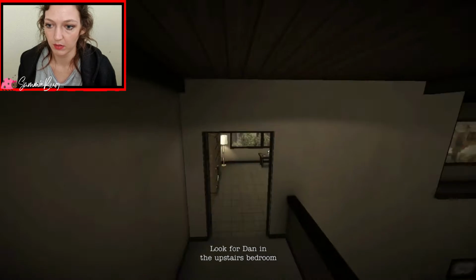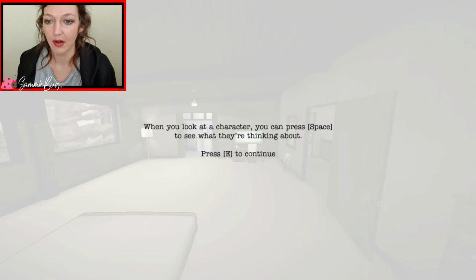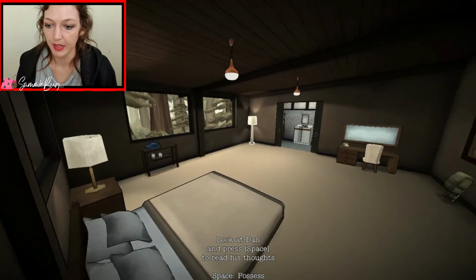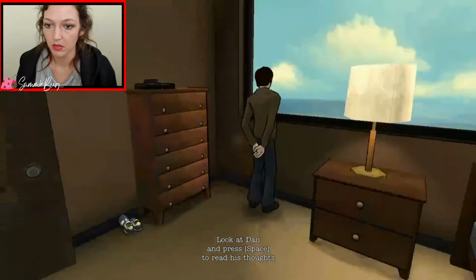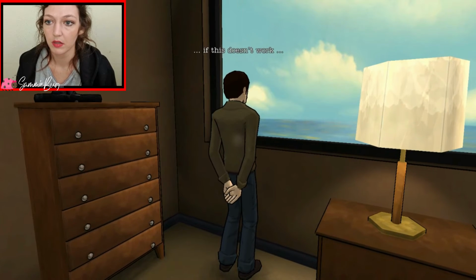Okay, I thought we could maybe... There. When you look at a character, you can press space to see what they're thinking about. Look at Dan and press space to read his thoughts. Where is he? Where is there? If this doesn't work...